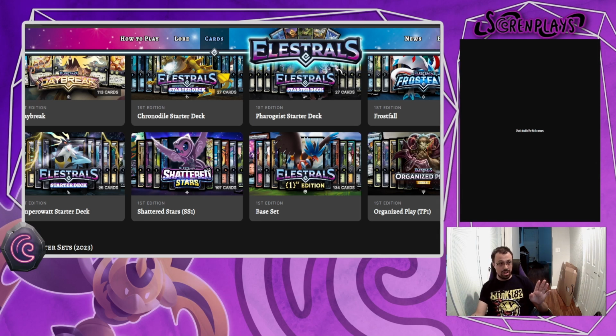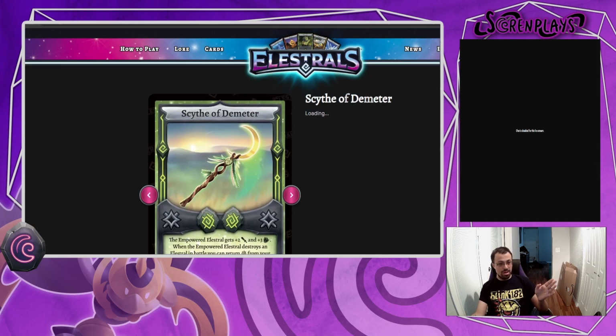First, we're going to start with Demeter. In the game, her symbol of power, or her artifact as they like to call it, is her scythe. Now, Scythe of Demeter empowers the Elestral, giving it +2 attack and +3 defense. Now, when the empowered Elestral destroys an Elestral in battle, you can return Earth Spirits from your underworld to your spirit deck. But if Demeter is enchanted on your field, you can return 2